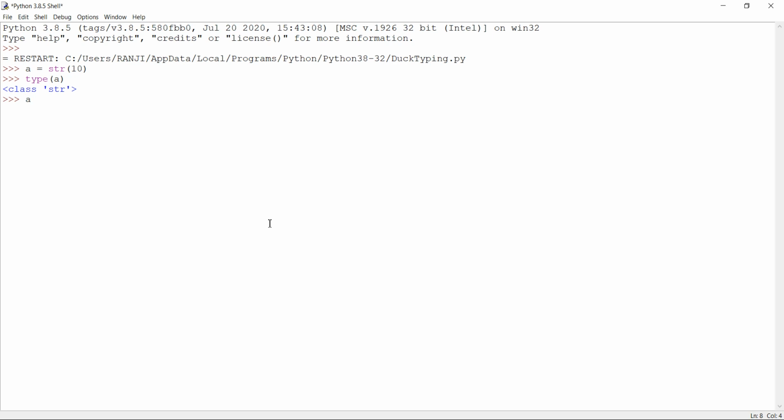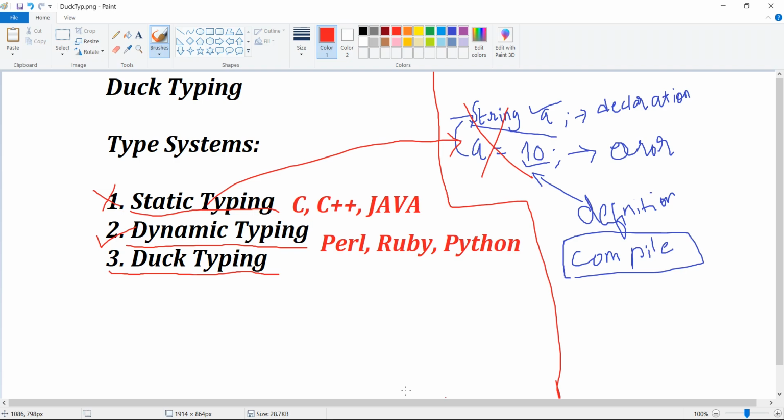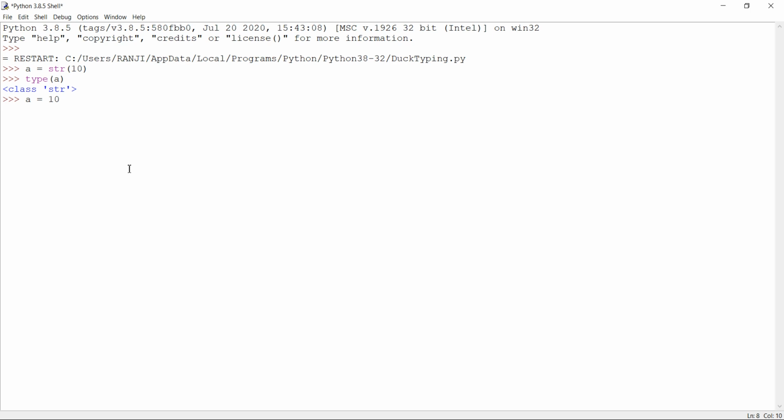Just remember, originally a had the string value 10. Now I'm assigning it to 10, and when I check the type of a, it has changed to int.